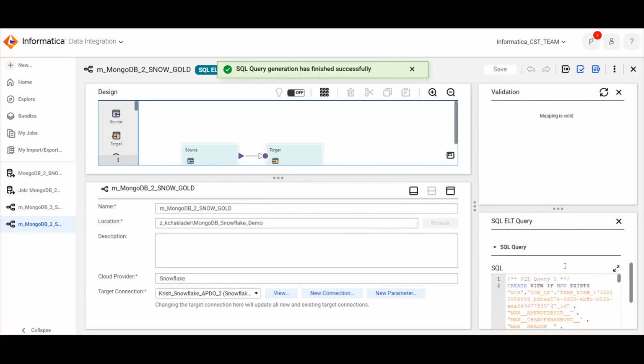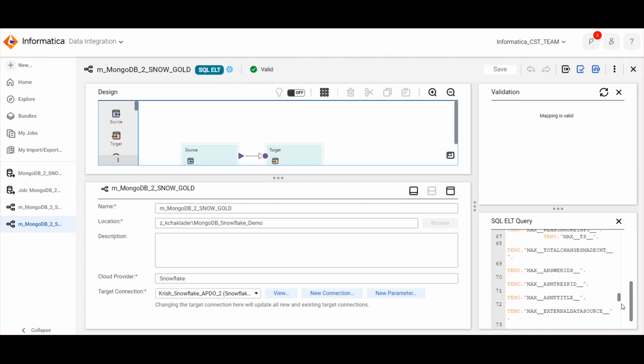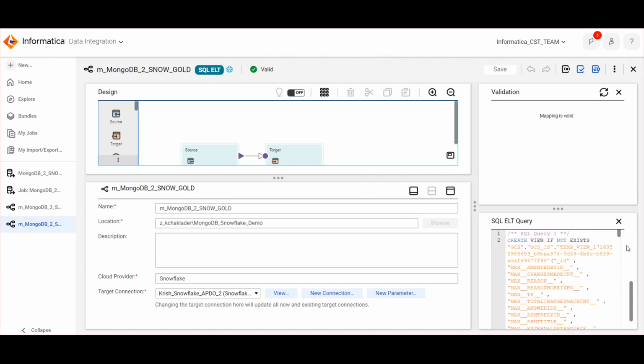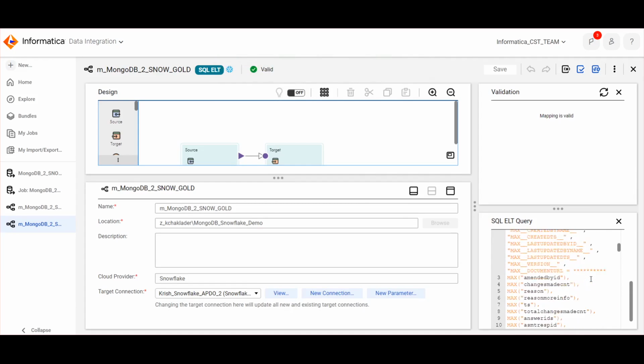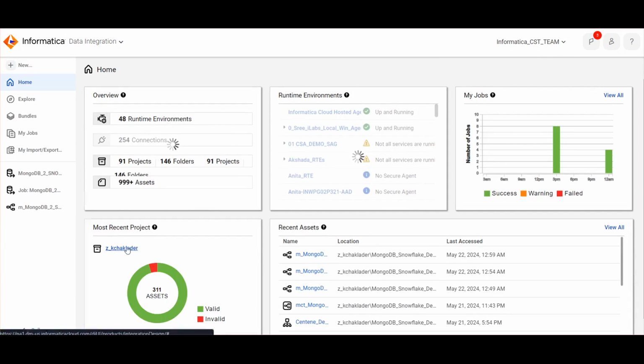So SQL is generated. If you notice, this is the native SQL that is generated, and it's going to be executed in Snowflake. So let's run this job,